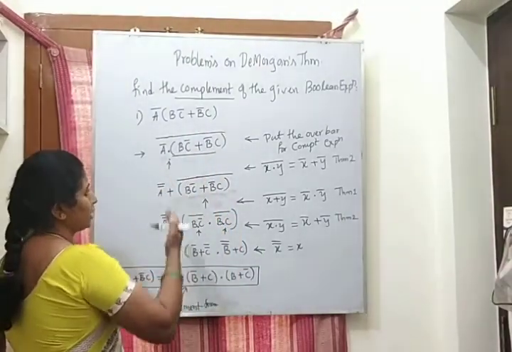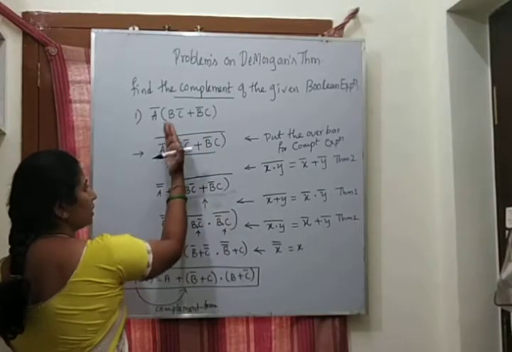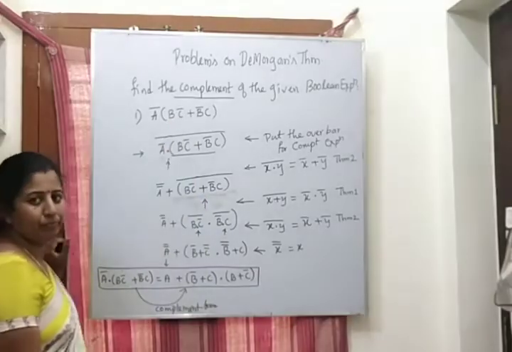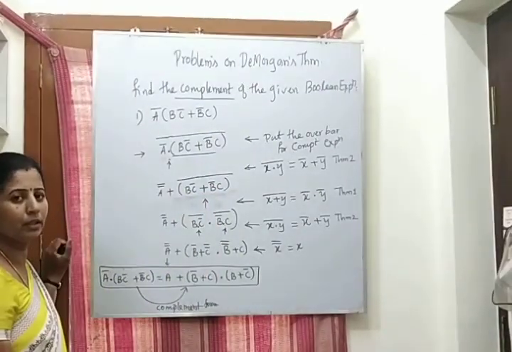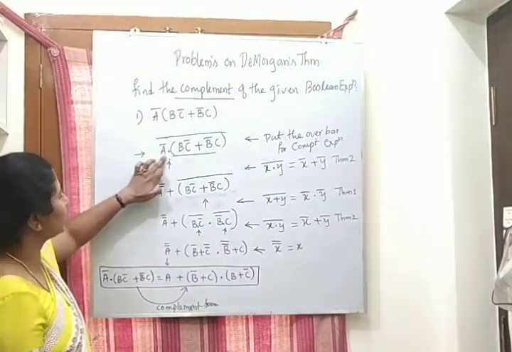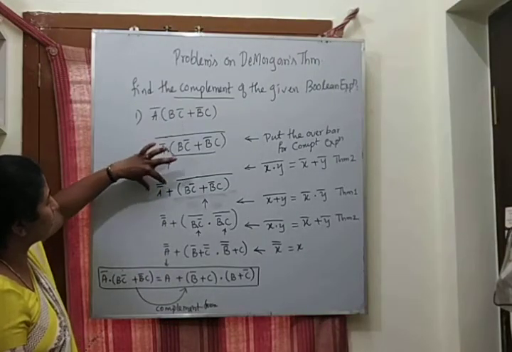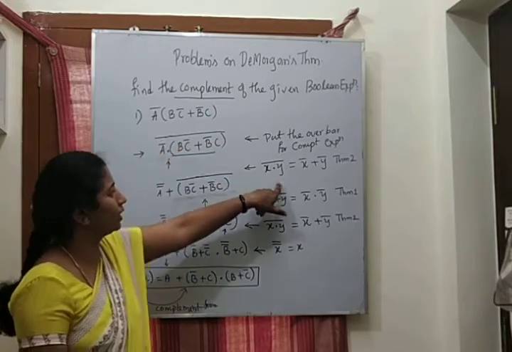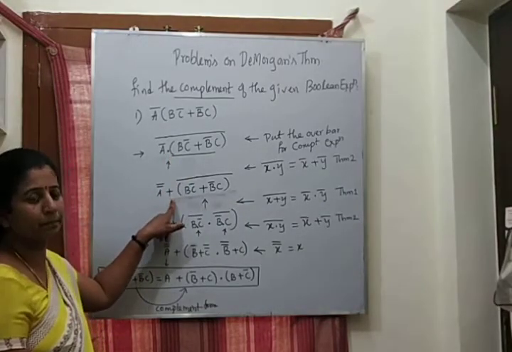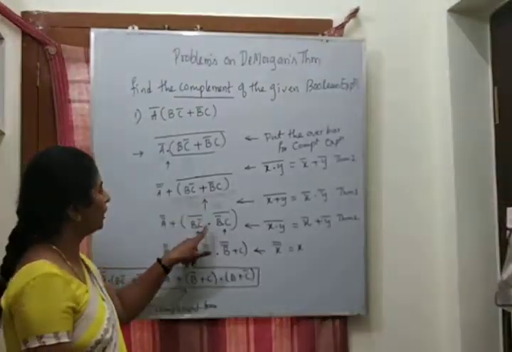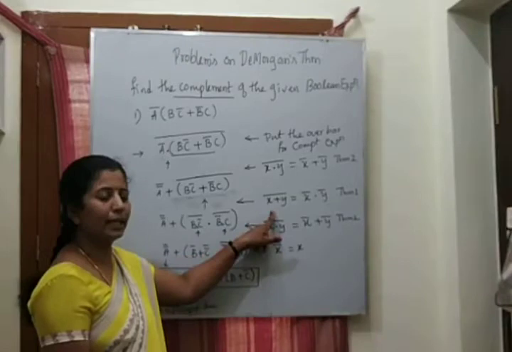See, try to split. These two are in one part, so we are going to split the A first, then go inside the parenthesis. Did you get it? See how the dot gets changed to plus. This gets split into two parts, this is the x part, this is the y part, according to your theorem number 2. This dot gets changed to plus. Here plus was there, that needs to be changed to dot. How will you get it? x plus y.